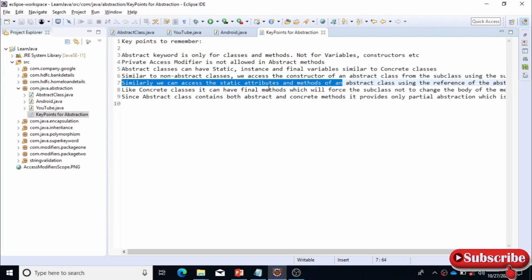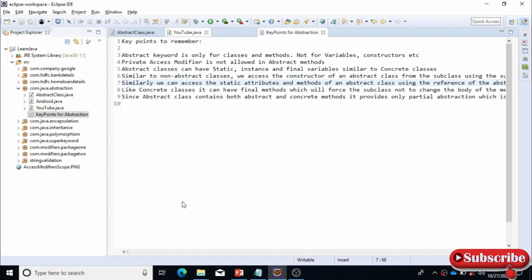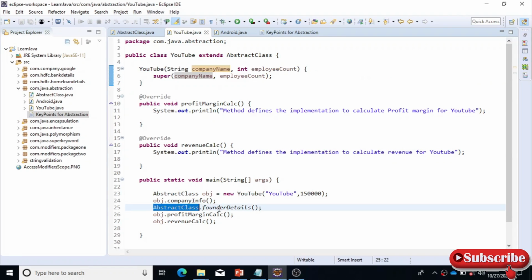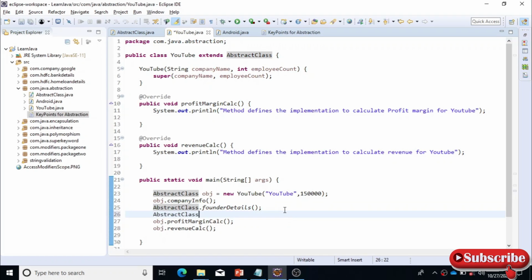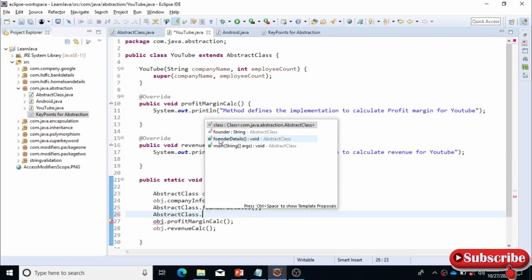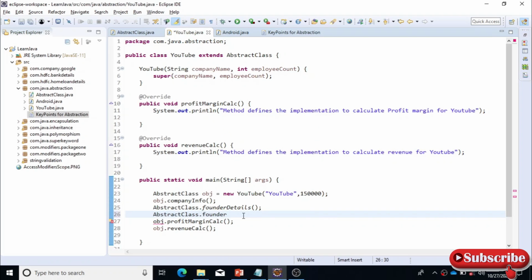And here you can see static attributes and methods of an abstract class. Yes, we have done that, right? We have called this using the class name itself. See here, founder is a static variable, right? You can assign some values here, so you can access anything using the class reference itself.